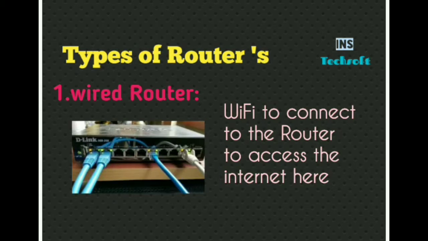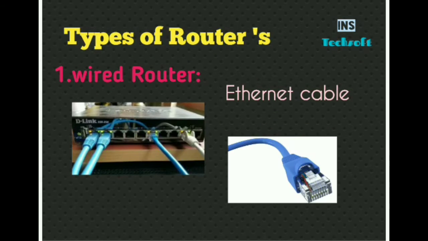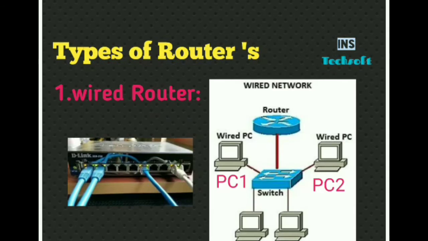Here I am describing something. It is an Ethernet cable to connect the computer to a router. Like one end is connected to the router and another is connected to a switch and then to the computer. Means I have a router, from the router connected to a switch, and from the switch we are connecting to PCs. So this is PC1, PC2 like that. Here also a PC. So this is a wired router connection.